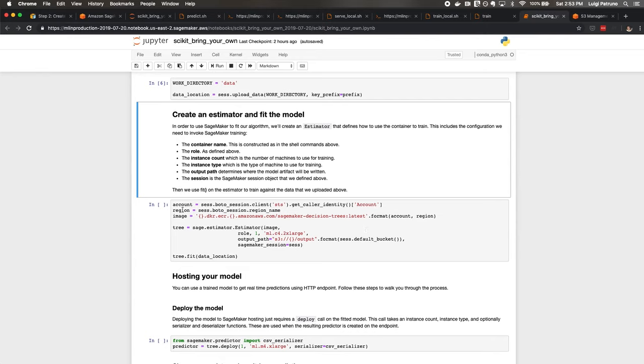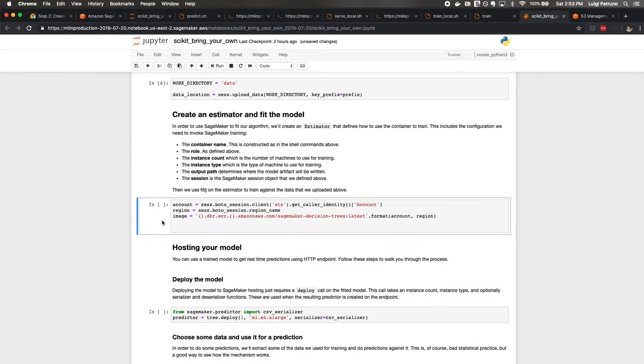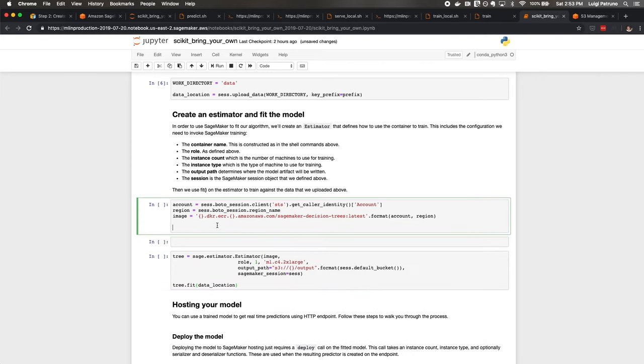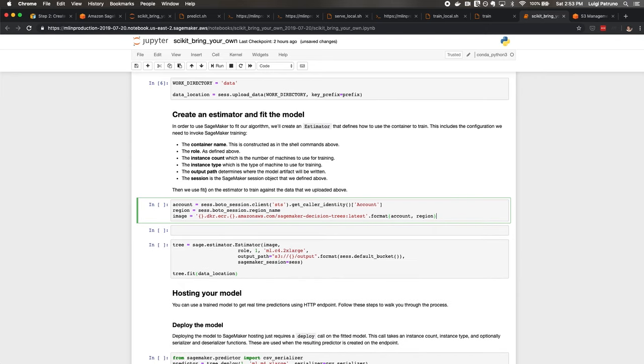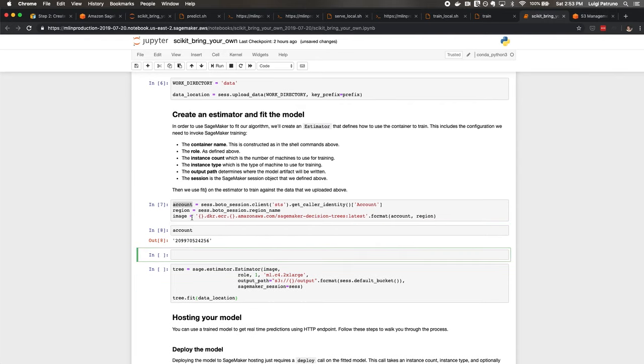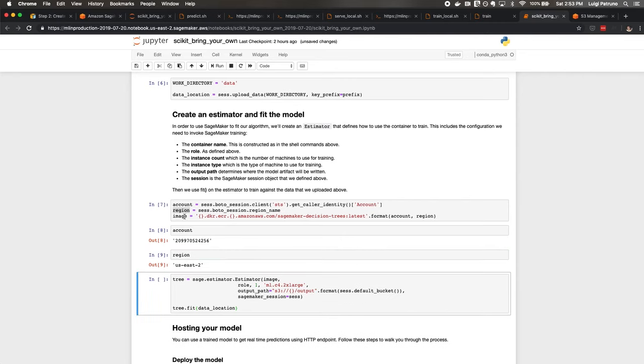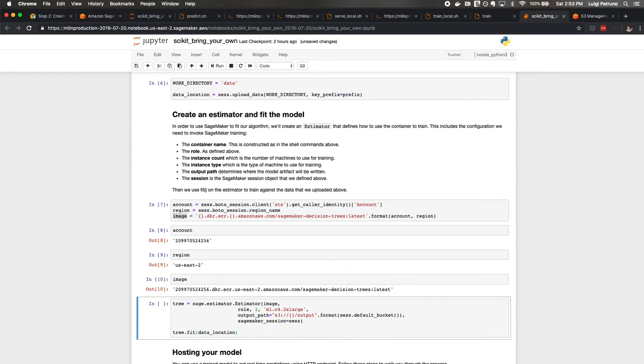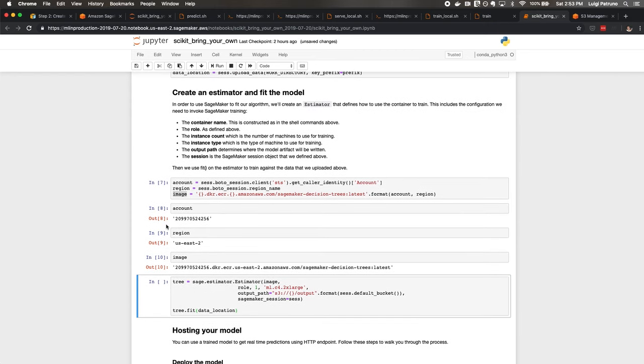So the first couple of lines just get some metadata for us. In order to see what's going on, I'll split this into multiple cells, and we'll run this cell and just print out what these variables actually are. So account is the account number, region is US East 2, and the image is just the URL of the image on ECR. So this is all metadata that needs to be passed to the actual SageMaker code